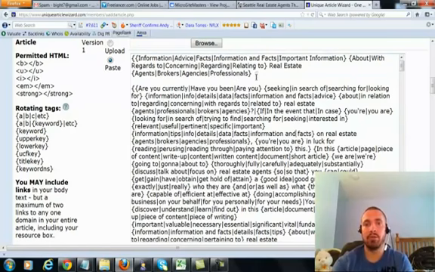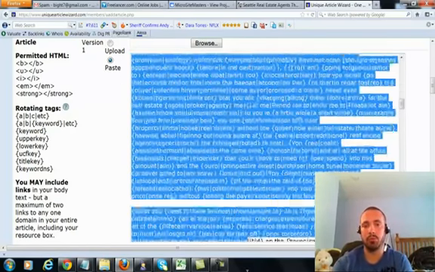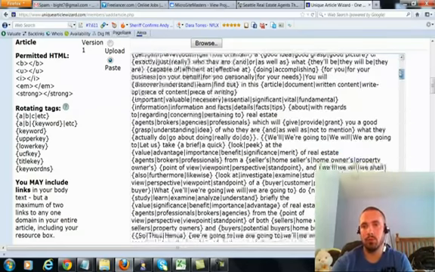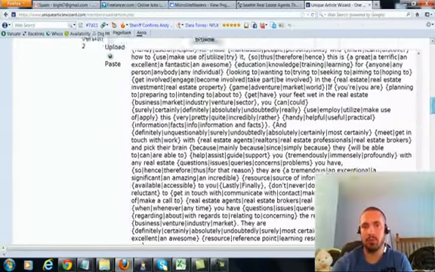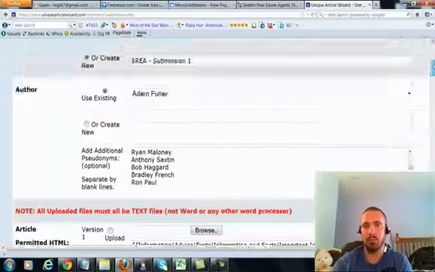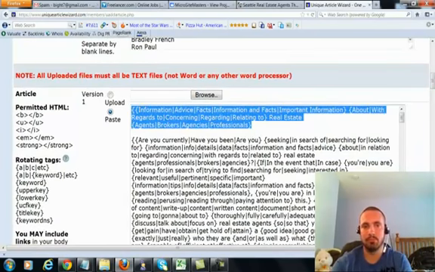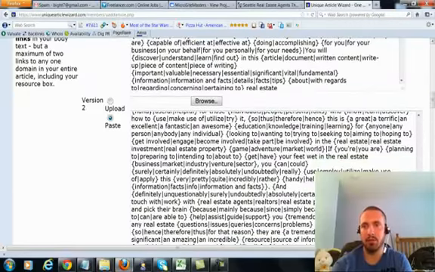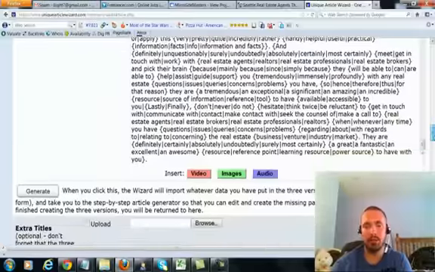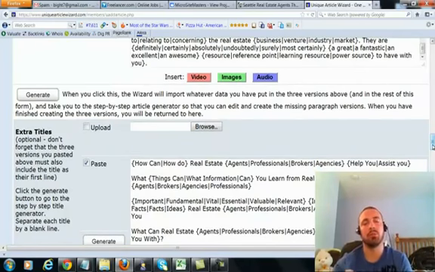Remember, we have the title in the first line, and then a double enter, and then we start our article. Okay? So same thing that's in this box is in the next 2 boxes. Alright? Same thing. And remember, again, you start with your title, a well-spun version of a title, and then you go on with your article here. Okay? And again, same thing in this box and same thing in this box. It's such a good article that spun so well that it's fine to use one article for a submission. That's pretty much what I always do.